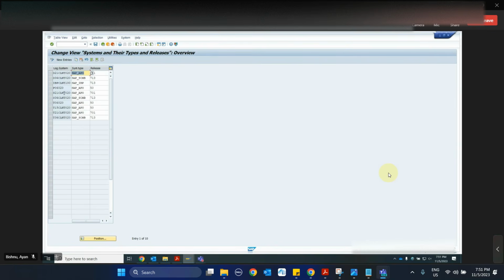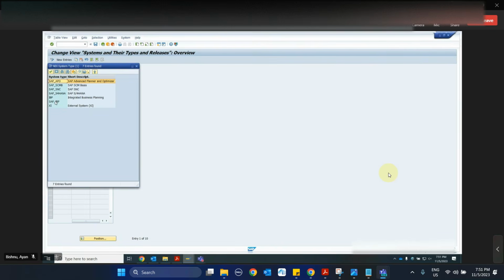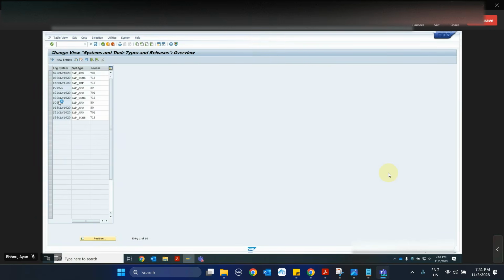So remember one thing, for the logical system IBP CLNT 100, we have to select the system type as SAP underscore IBP, not IBP. We have to select SAP underscore IBP, and we have to give the release as 713. That's what is specified as the highest release, and that's what we need to maintain. Once we have done and saved this,